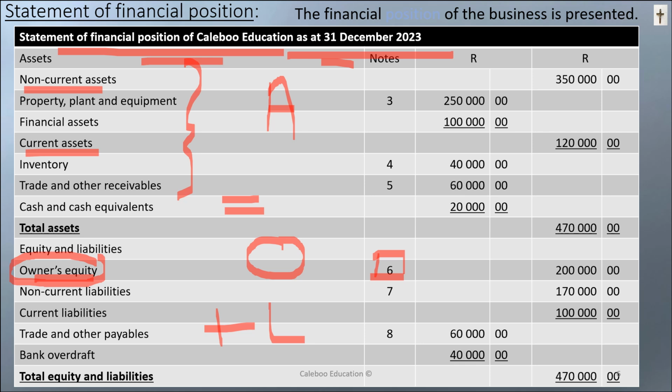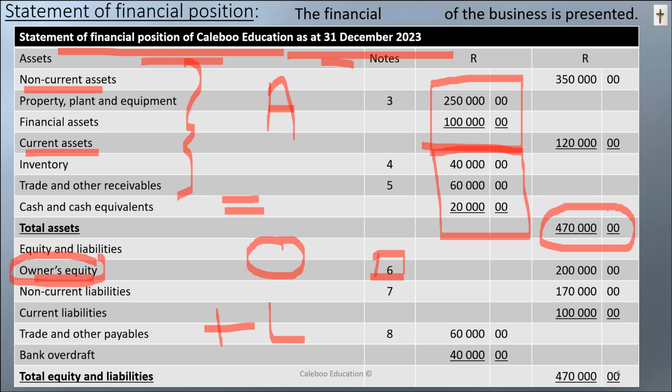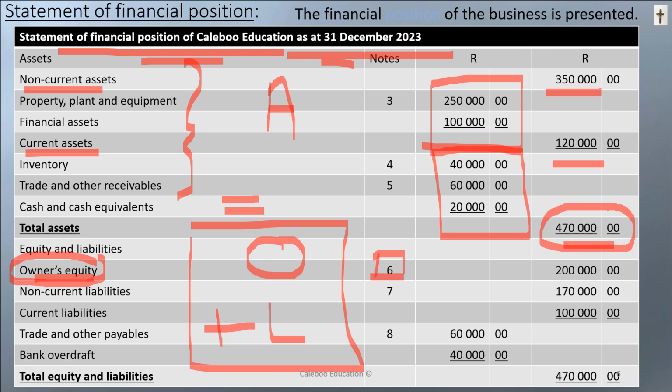And in this statement, the assets total 470,000. Here we have our current assets and our non-current assets. And if you add the two together, it came up to 470,000. And if you go and do the owner's equity plus the liabilities, magic, 470,000. So the statement here, the statement of financial position or balance sheet, whatever you want to call it, but